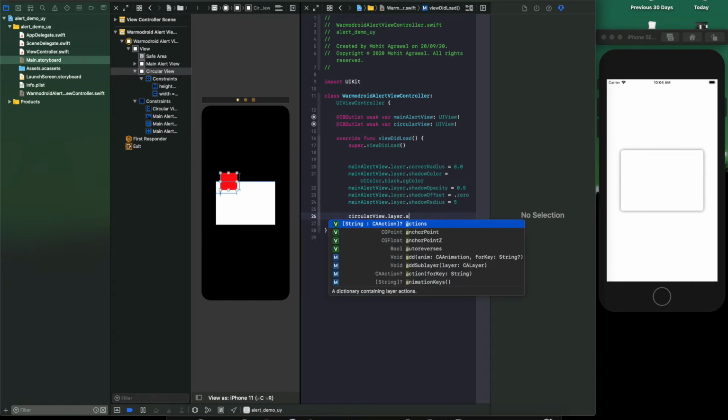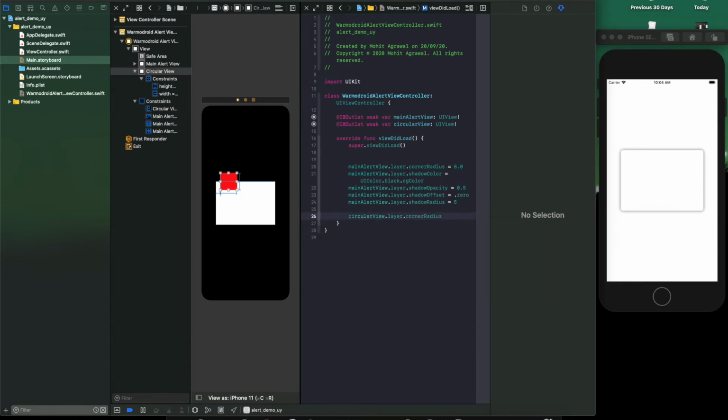We have to make it in circle shape, so we have to give the corner radius half of the height and width, half of the height we can say.